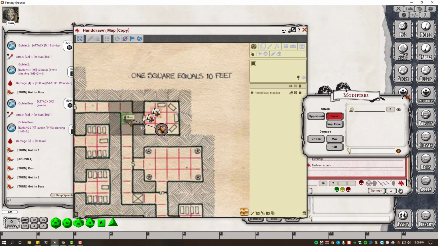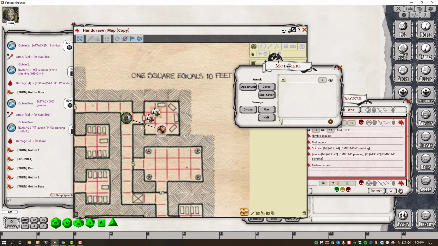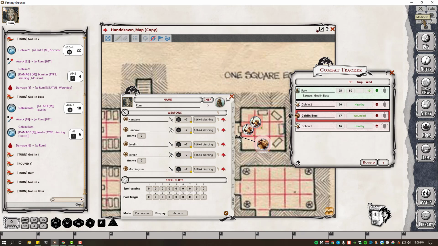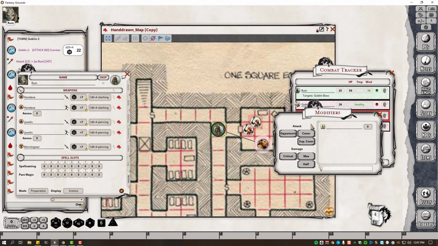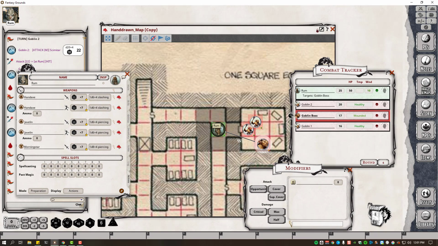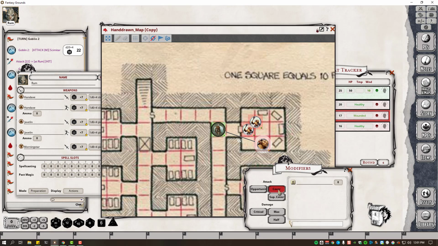Who does it put behind cover? Oh, okay. Right. I think we want to do this as the player. So, I got my sheet over here, and as Rum, I'm going to be shooting this Goblin Boss, but he's behind cover. So, I'm going to select cover, and then...